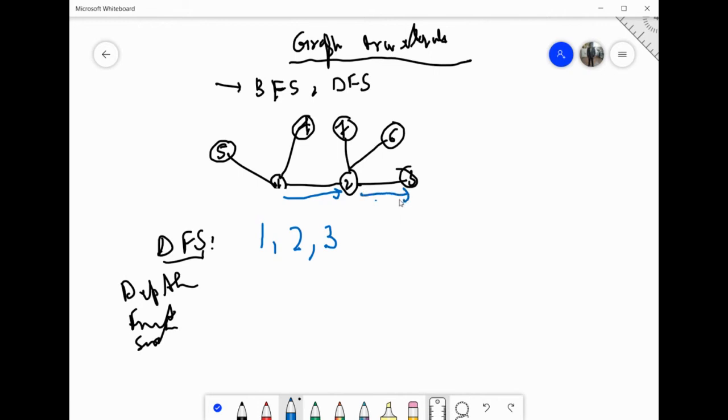So this is what is happening in DFS. We are going continuously in the depth. जितनी depth में possible है, we are moving in one direction. कोई भी एक direction पकड़ना है and you have to keep on moving in the depth. बाकी जो adjacent nodes रह गए उसे वापस आके we will print.